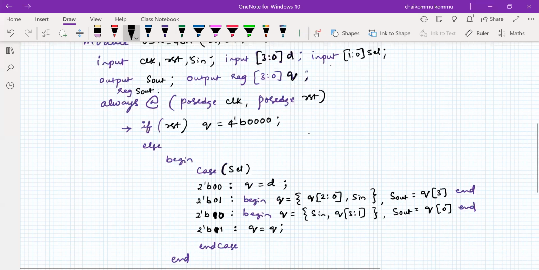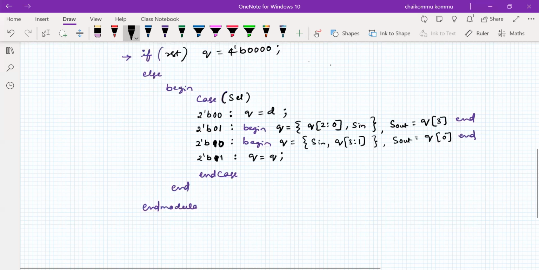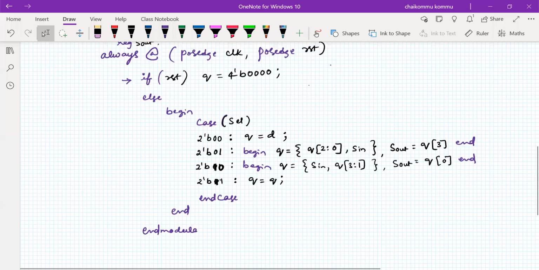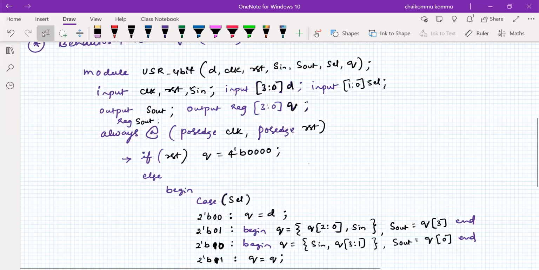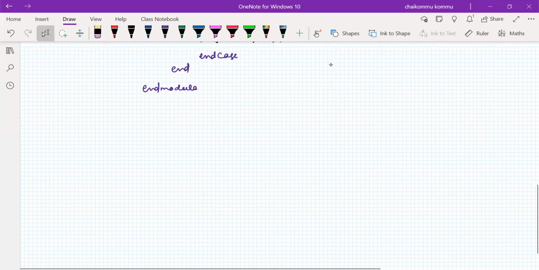Is it clear? So that's how we can write it in this one. For example, sout, if you don't want to take it, don't write that one. If you want to take the S3 output, you can obviously trace that point also. So this is the universal shift register program. Let us quickly move on to the next one, that is counters. So realization of the counters.